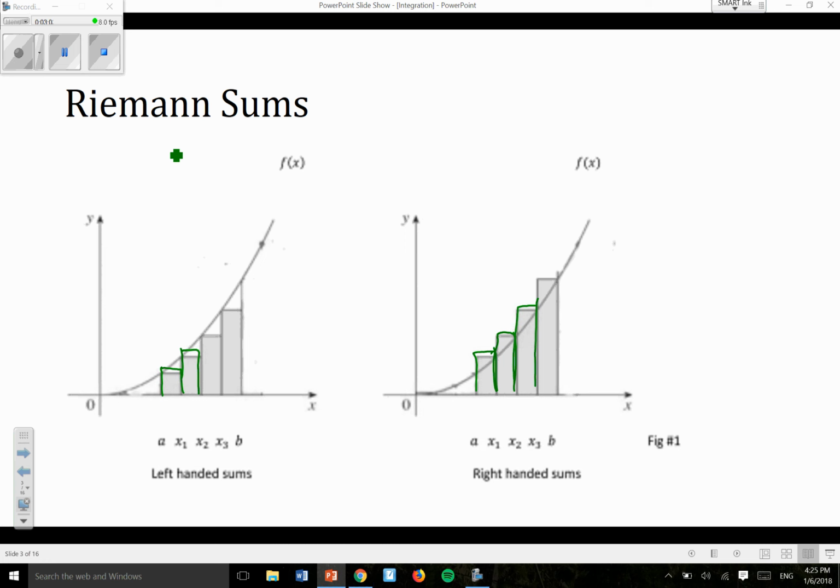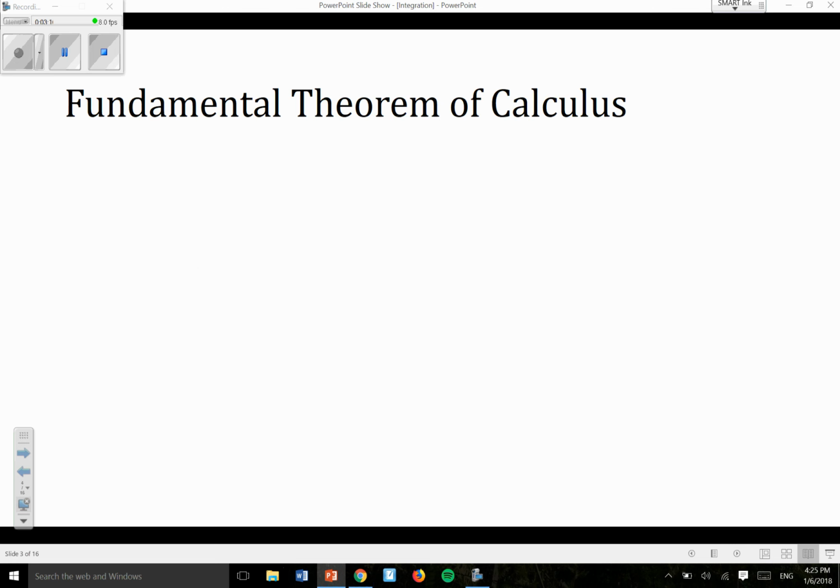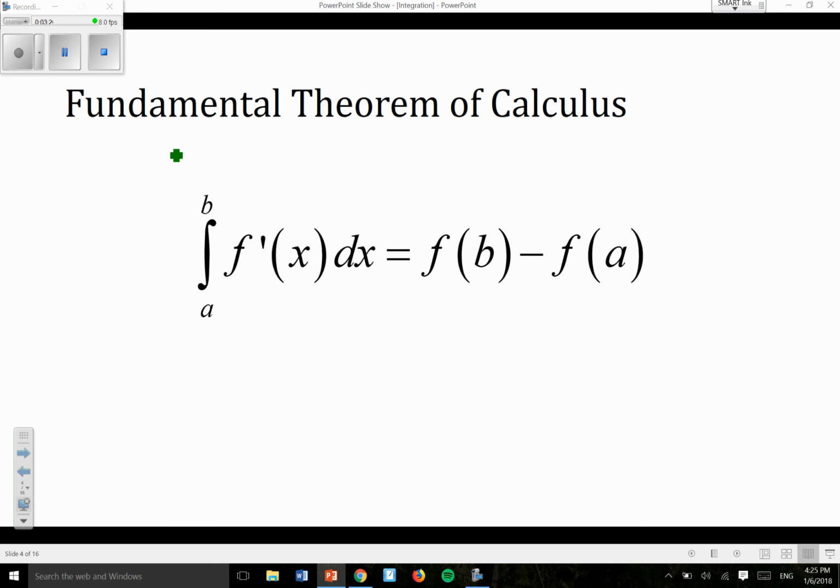And so what we did was we let our rectangles get infinitely skinny. We looked at the limit as delta x goes to 0 of that sum. And that turned it into the most exciting day of the semester, where we learned the fundamental theorem of calculus. The fundamental theorem of calculus, through that pretty complicated proof of the mean value theorem, tells us that if we